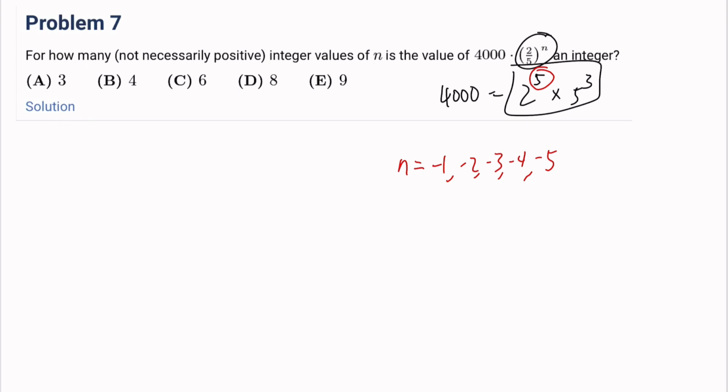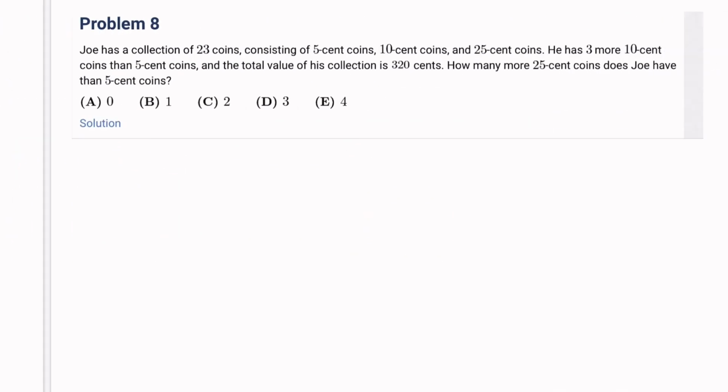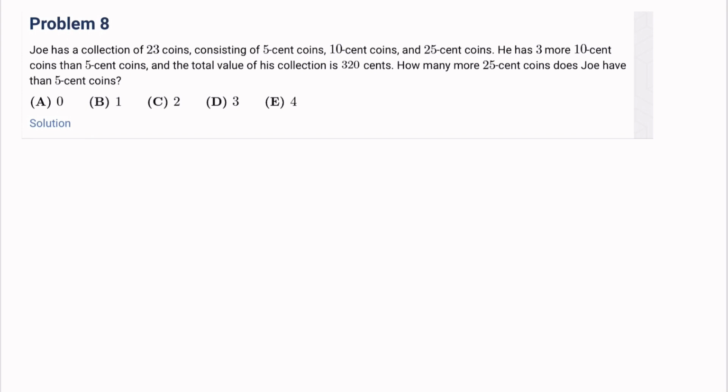And if we were trying to get rid of the 5's, then n could be 1, 2, or 3. But then we have our last choice, which is where n is 0, and that would also be an integer because that would just make it 4,000, right? And so we have 5 here, 3 here, 1 here. That gives us 9 total. The answer is E. Number 8, Joe has a collection of 23 coins consisting of 5-cent coins, 10-cent coins, and